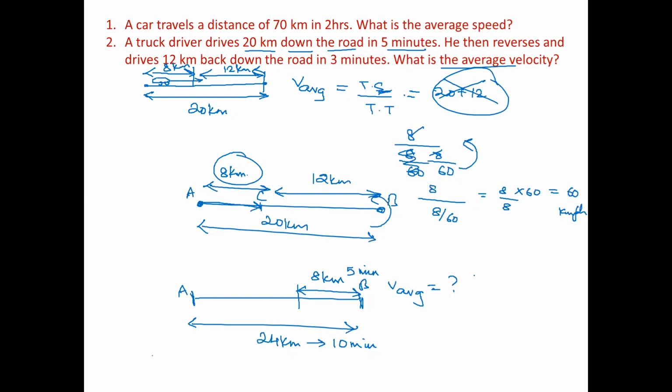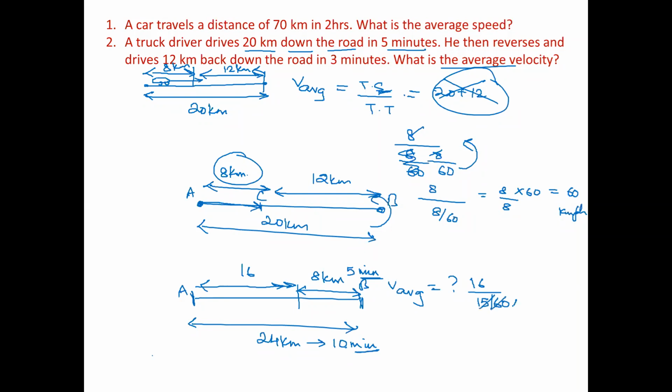Displacement means from initial to final. We are not bothered where it went, where it reversed. Those things are of least importance. Those things are of importance for distance. 64 kilometer per hour. He says 64. Let's see. So what is the remaining over here? That is 16. Very good. 16 by 15. 10 plus 5, 15 by 60. Because it's in minutes, we will convert into hours. Did you do it?